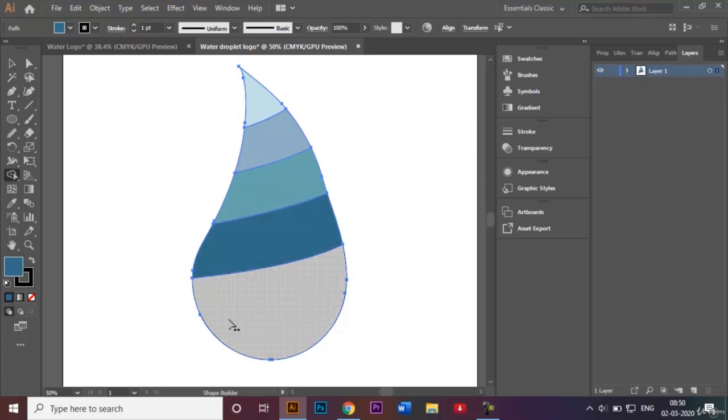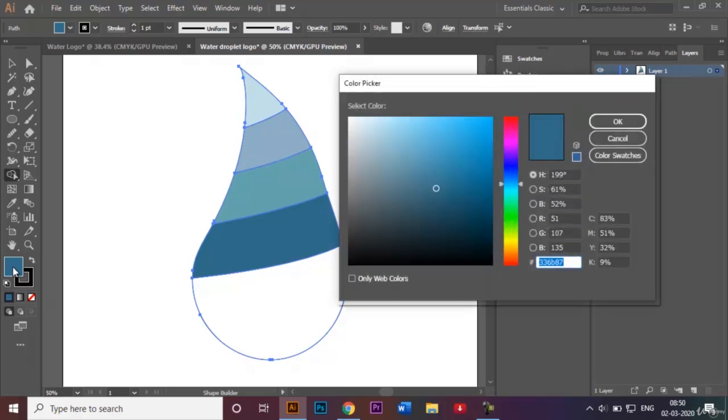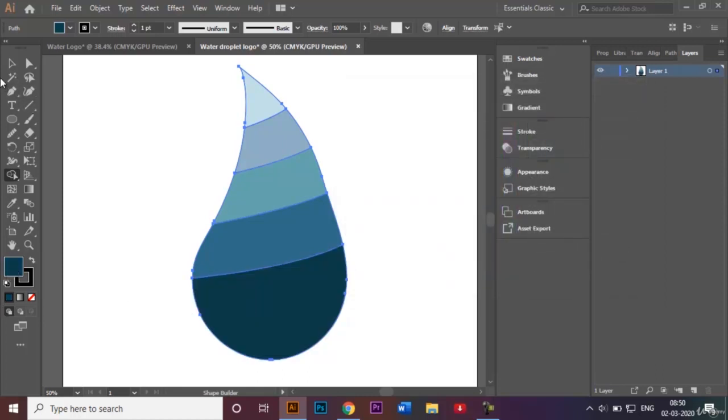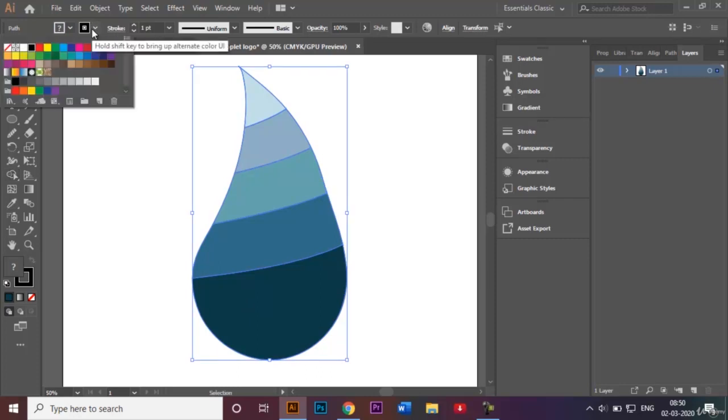And the last one, which is going to be of a much more darker shade of blue, it's going to be 003B46, and like that. So once we've added all our colors, I'll go ahead and also delete the stroke from